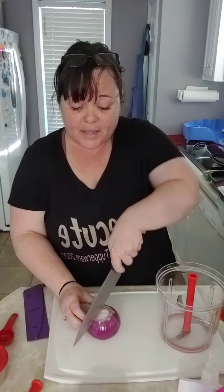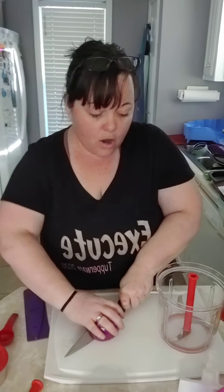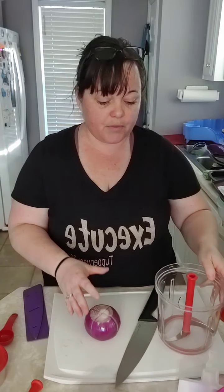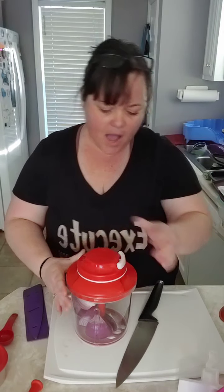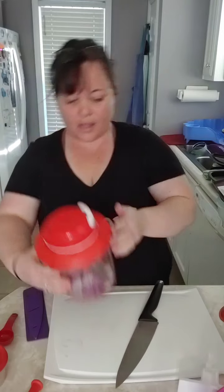Now, I'm just going to cut my onion in fourths, okay? And the reason why I do that is because the way the blades are, sometimes if you put something whole in there, it just kind of gets stuck. So this way, when you do it in fourths, it's not going to get stuck, okay? Now look, y'all are going to be like, what? All right, let me make sure I'm locked on there. And then,